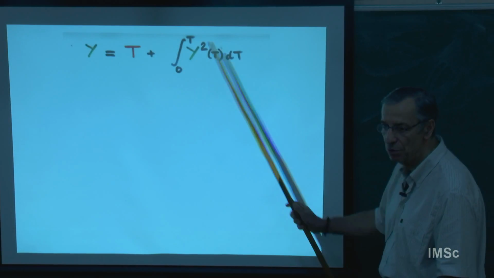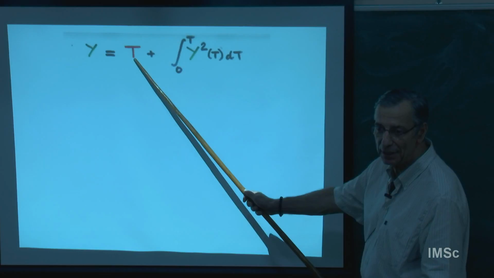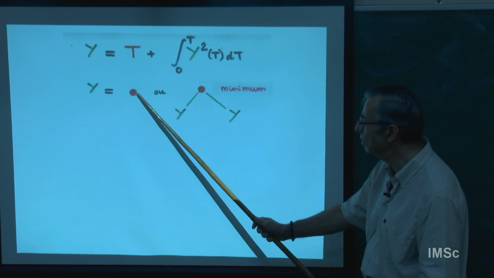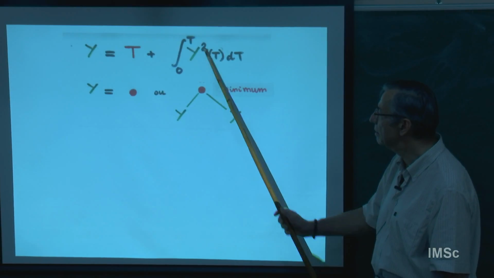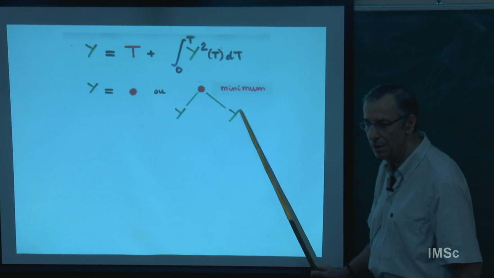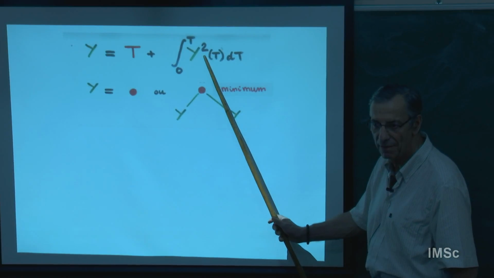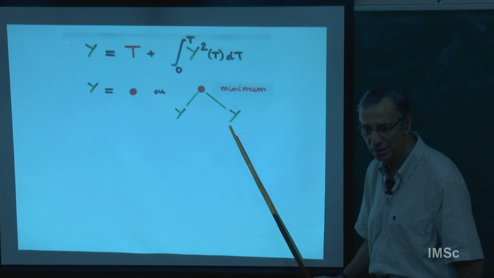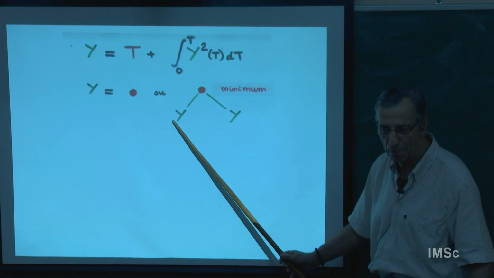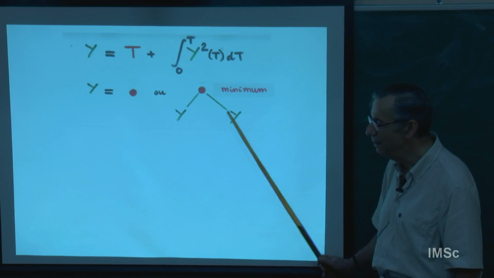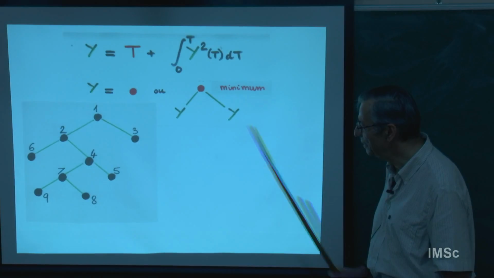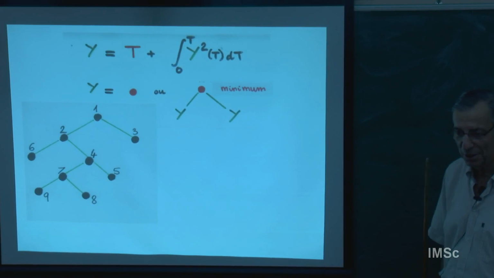So you just have to say what is singleton, what is primitive. Singleton means a single point. And this means you put the minimum apart, and on what remains, you put a y2 structure. A y2 means I take a partition of the underlying set, which is a total order, and on the one block I put y, on the second block I put y. So just repeat this, and you get the solution automatically.